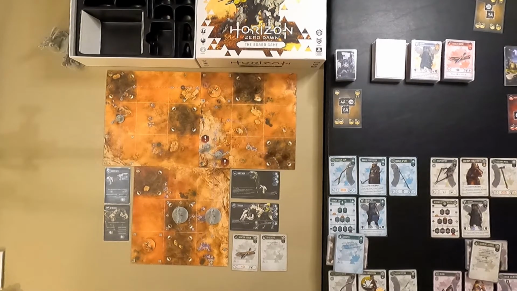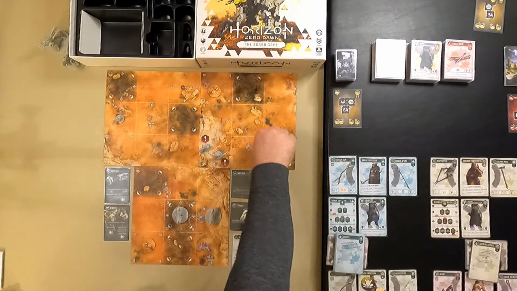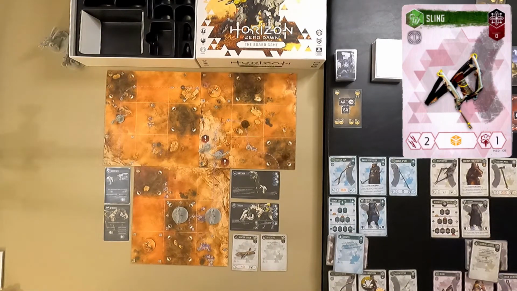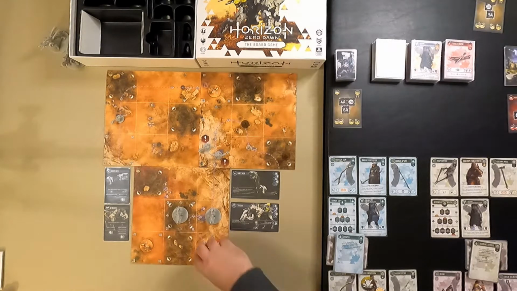The Karja is down here. The Karja did not get a lot of ammo. Actually, the Karja didn't get a lot of good cards right now. But the Karja has a sling. So the Karja is going to sneak up to here. Then the Karja is going to attack with its sling. And the sling has an orange die for value. And I play a freeze bomb, which adds a black die. And that is literally the only dice that the Karja has. So black and orange,